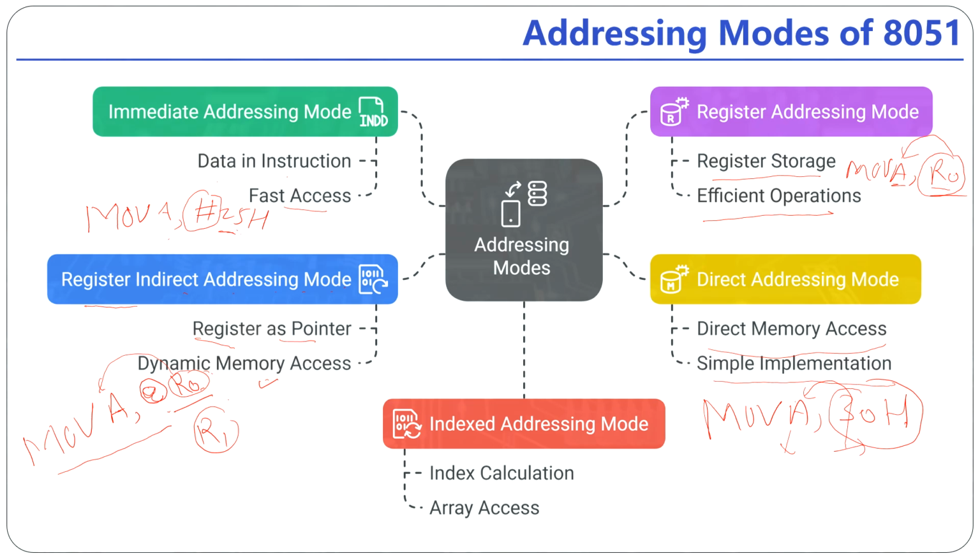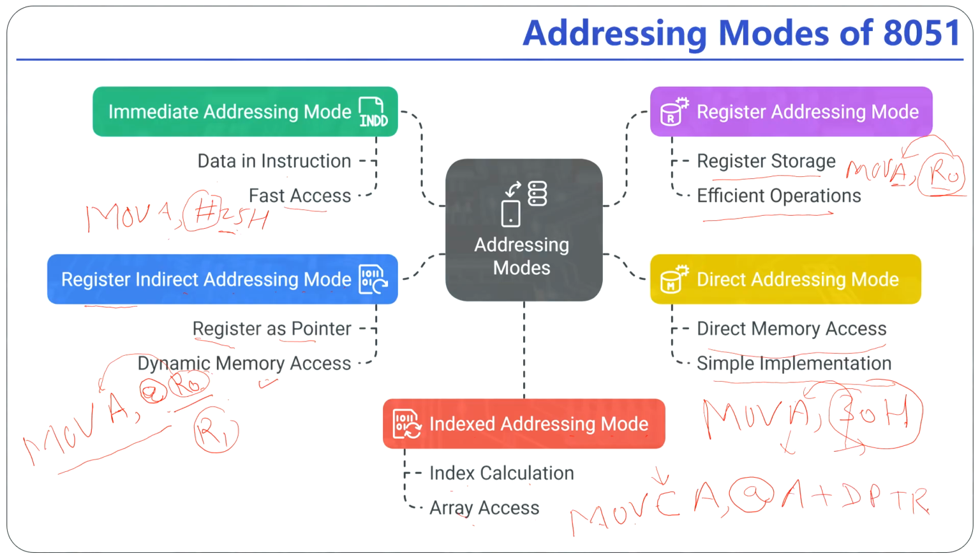The last one is the indexed addressing mode. This is basically index calculation and array access. We can take an example: MOVC. The C represents code, so it is move code. A is the register, and we can use the memory at the address A plus